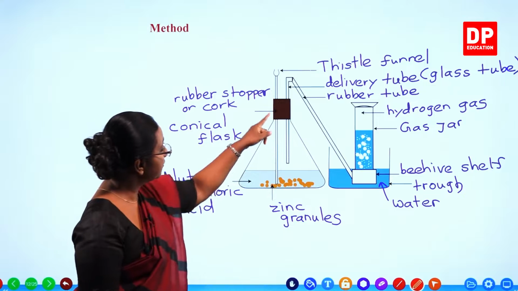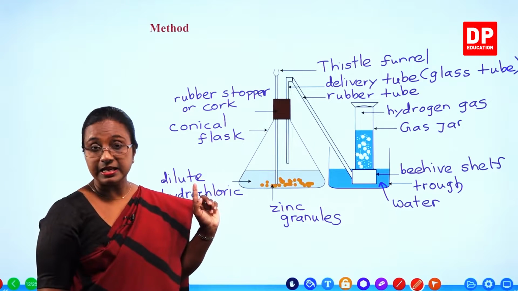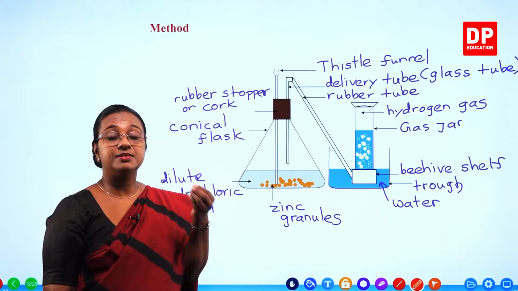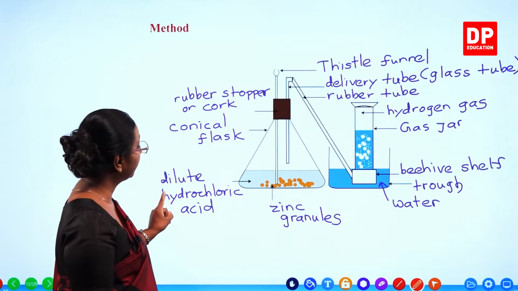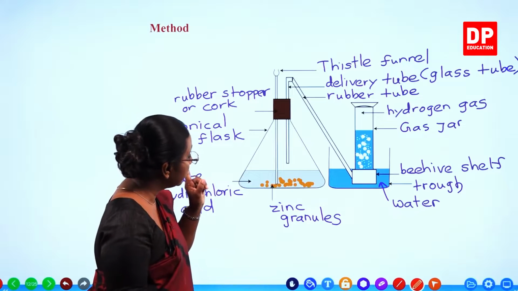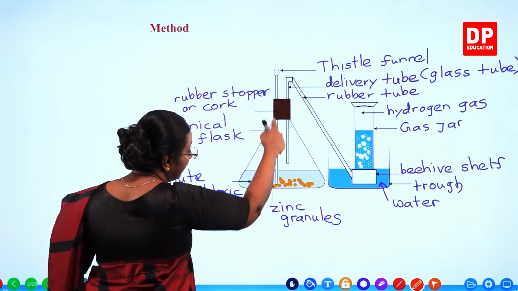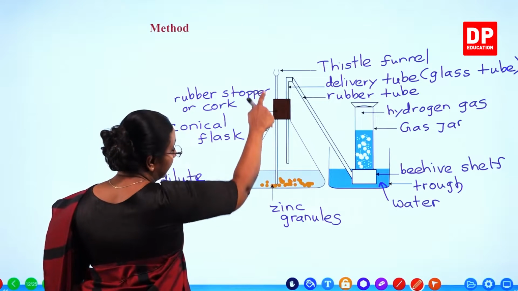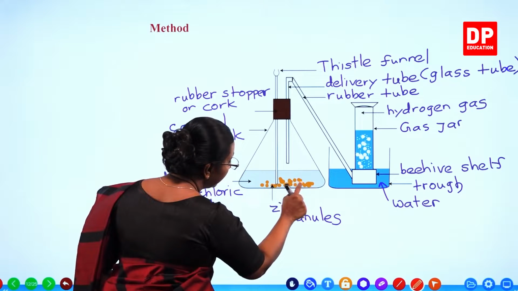Here you can see we take the conical flask. Into that we take the zinc granules. So those are tiny pieces of the zinc metal. They can react quickly with dilute hydrochloric acid. We need to have the thistle funnel like this, and you have to remember, students, the thistle funnel has to be long, and it has to be connected in such a way that it comes directly up to